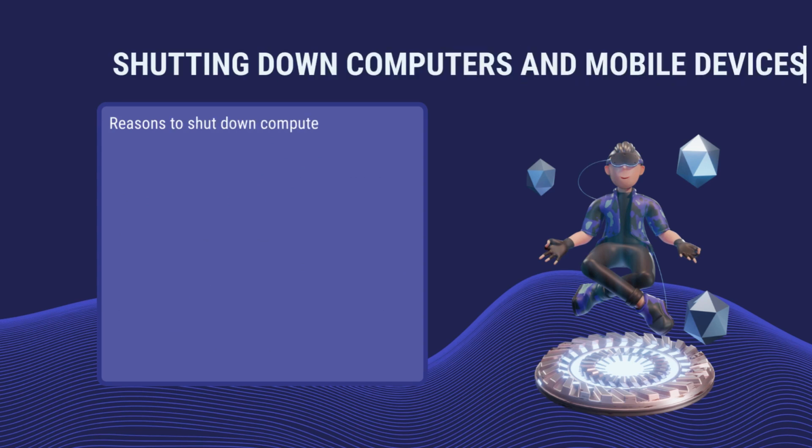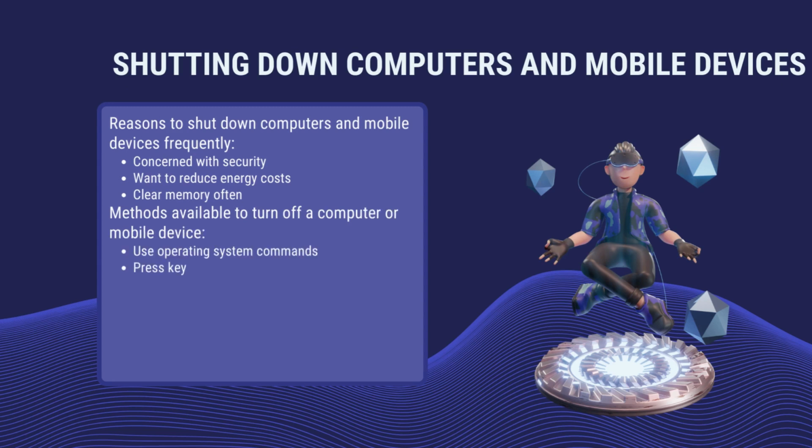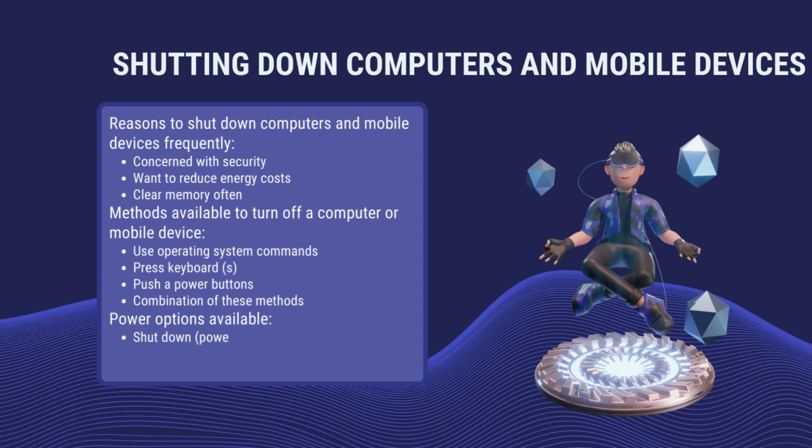Shutting down computers and mobile devices. Reasons to shut down computers and mobile devices: frequent concern with security, wanting to reduce energy costs, and clearing memory often. Methods available to turn off a computer or mobile device: use operating system commands, press keyboard shortcuts, push a power button, or use a combination of these methods. Power options available: shut down, power off,